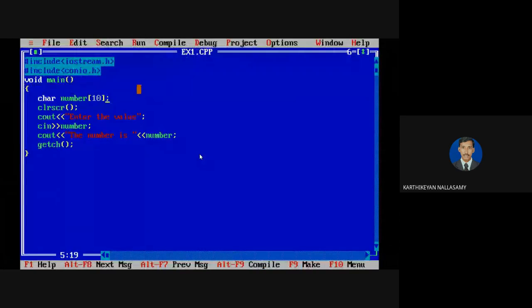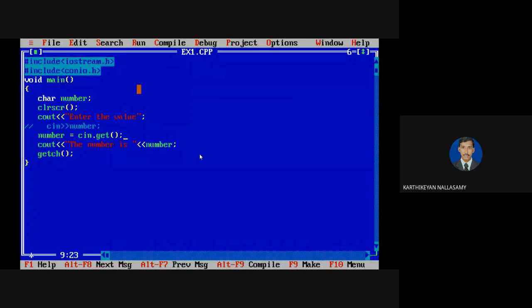Now I'm going to use it. This is only for characters. The get method will not be suitable for numbers. For numbers, we are unable to use the cin.get method. So I'm going to read into a character variable named number, using cin.get.